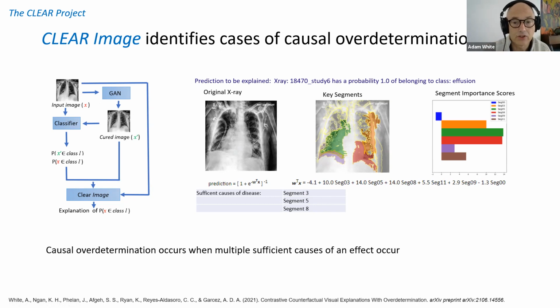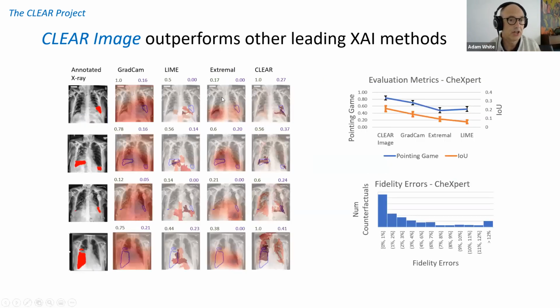Okay, now here are some of the results we got for Clear Image. If you look at the left-hand column, these were the original X-rays for patients with pleural effusion. But luckily in our team, we had an A&E specialist who annotated each of the X-rays and put a red patch over the areas which he felt were responsible for each of these X-rays having been classified as corresponding to pleural effusion. And these red patches, the outline of them is included in all the other images in blue.